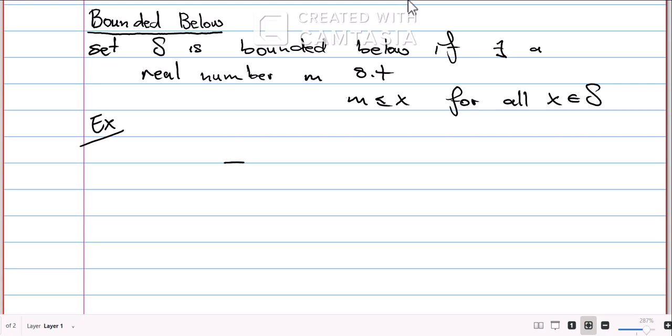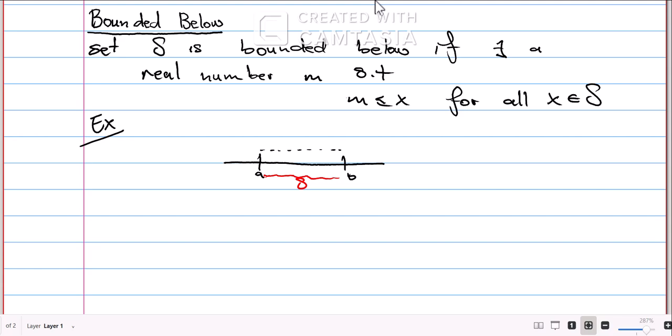This is our real line. This is our set S. So we're saying if there exists a real number m, okay, so let's say this is A, this is B, and x is and m is less than x, so all these values here for x, sorry, for s, so here we say